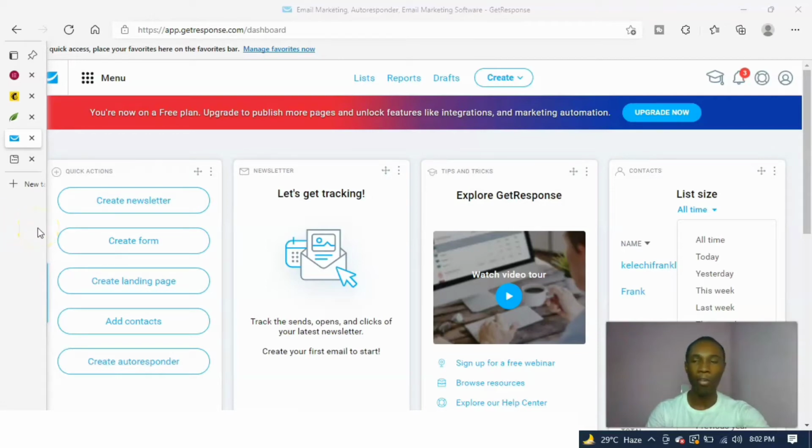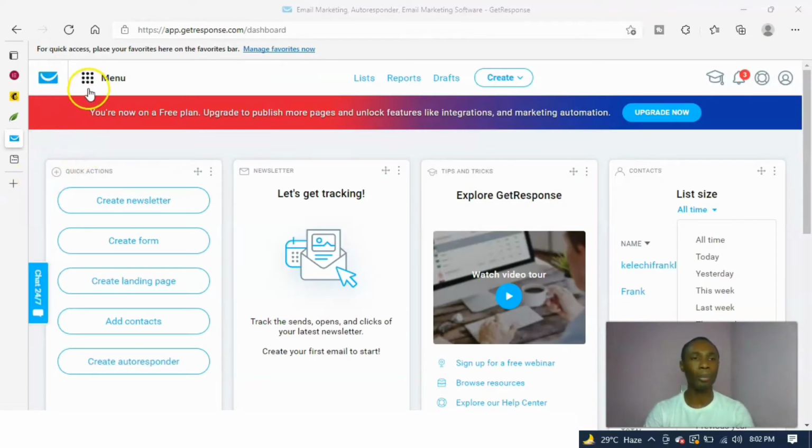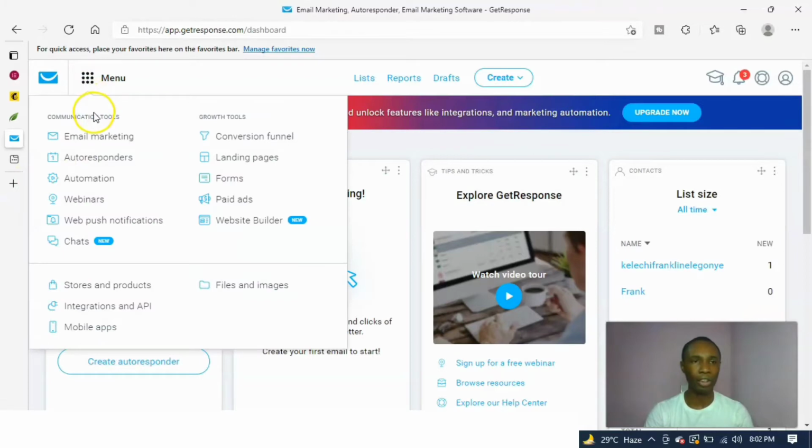GetResponse over the years has grown to not just become an email marketing tool, but has also become a robust marketing platform which gives you the opportunity to create a series of landing pages through your funnel, and they have free-forever features for you to make use of. If you look at what they provide as a free version, you have the